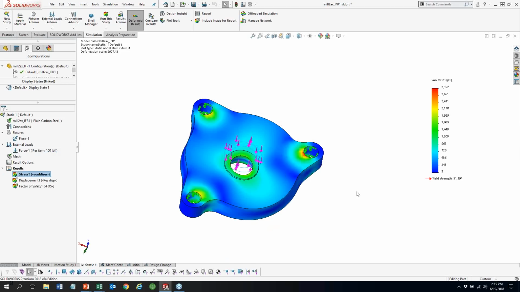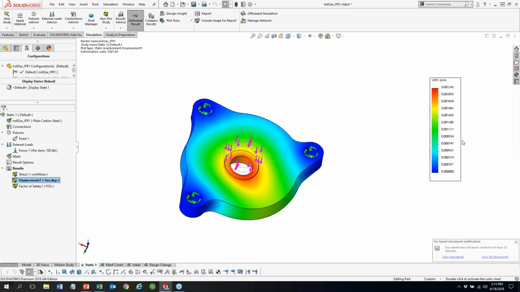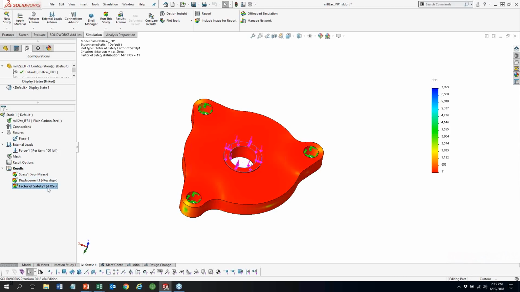Running the analysis shows us that the stress distribution for this part is anywhere between 1500 psi to about 2800 psi. What's most important about these results is that it's way below the yield strength. Looking at the displacement, 0.002 millimeters, almost negligible. And last but not least, the factor of safety: the minimum factor of safety we have right now is 11,